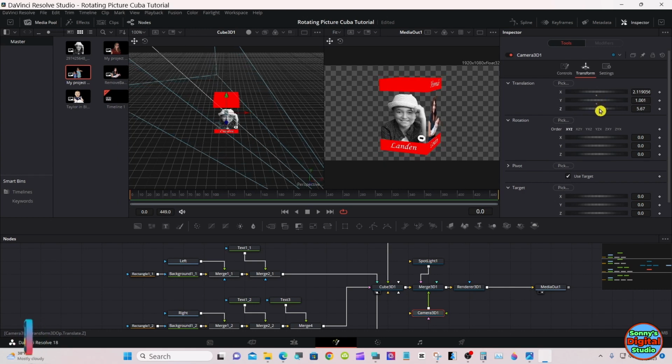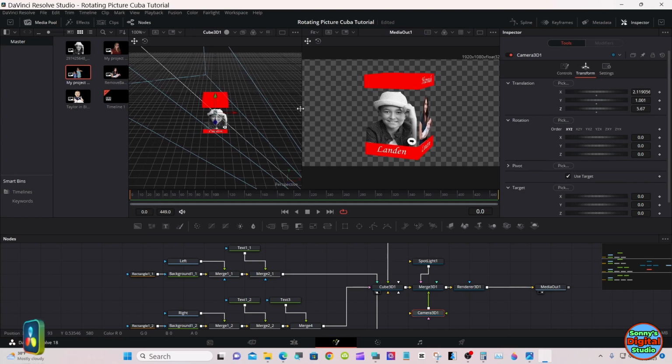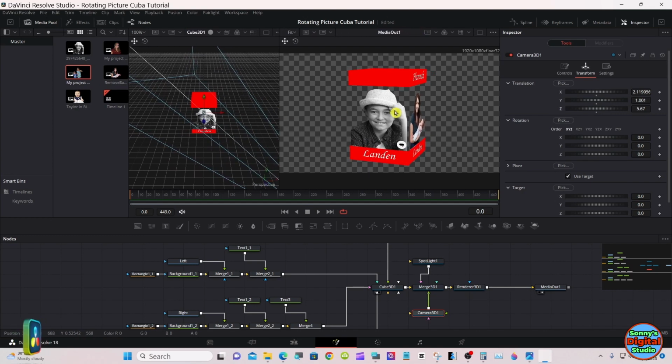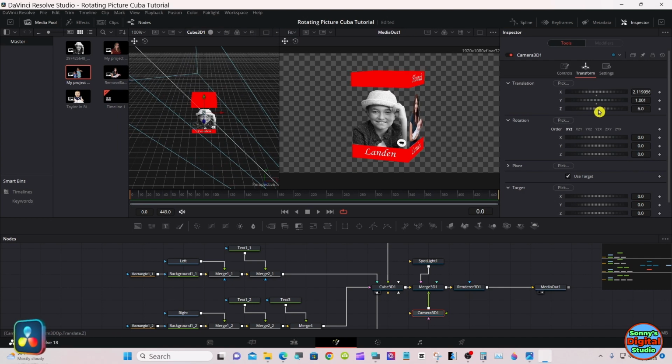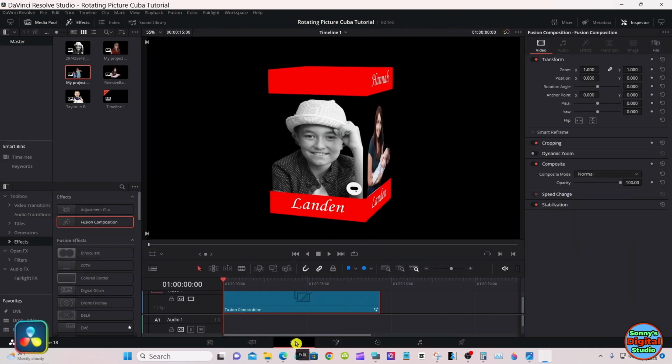Move your camera back far enough so your whole cube is in the scene. Probably something like that.